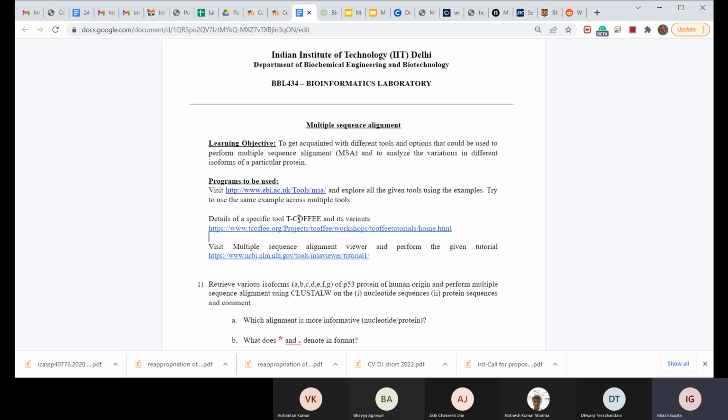So if you remember, we discussed two kinds of multiple sequence alignment algorithms, which are actually used. One was iterative and the other one was progressive. So T-Coffee is one of the versions. And then after you have